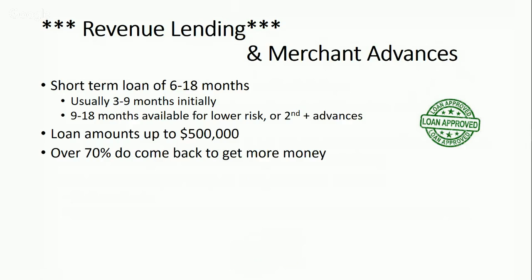They might give you a 6-month term. And they say, okay, we're going to give you a shot. We're going to give you a 6-month term at whatever your payback is. 3 months into that, you've paid off half of what you borrowed, because the term's 6 months and 3 months is halfway through. Then what will happen is the lender will go, okay, you've done a good job. You paid half off. We want to give you more money. But since you did so good on the first one,